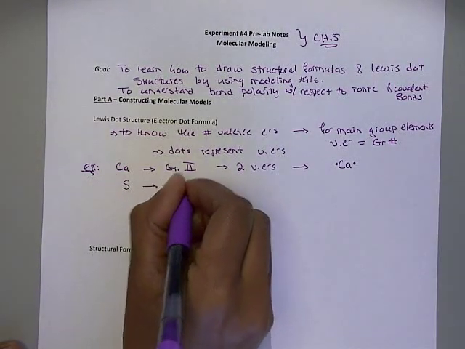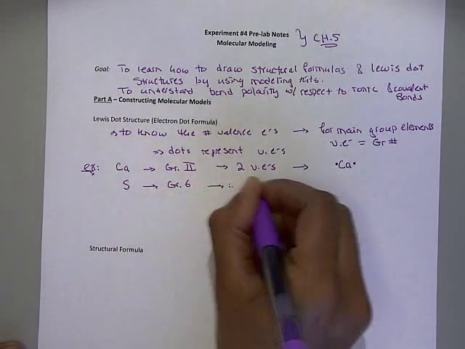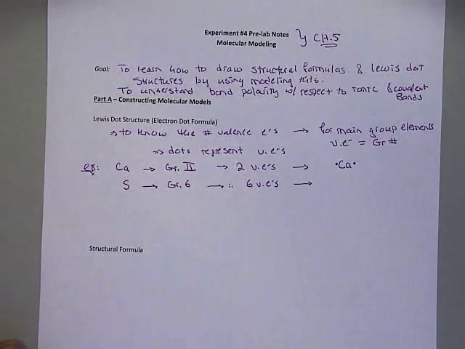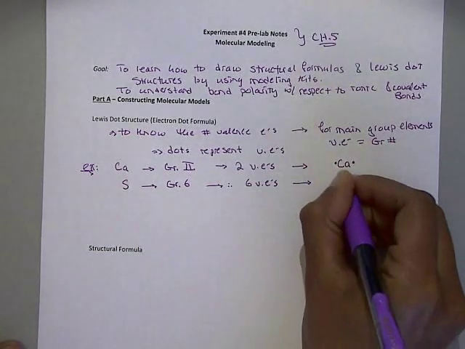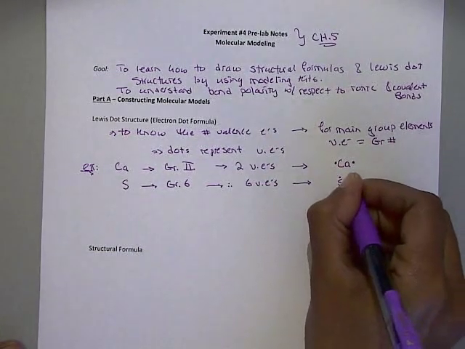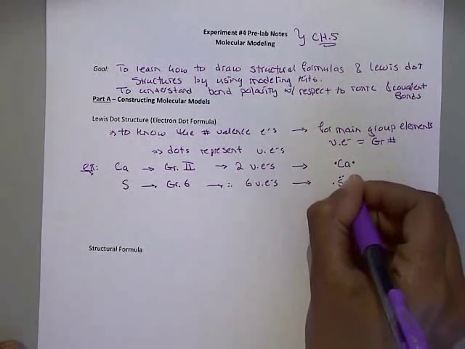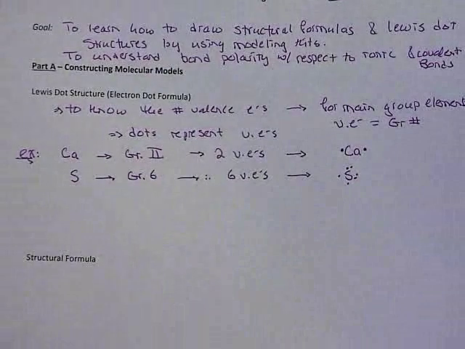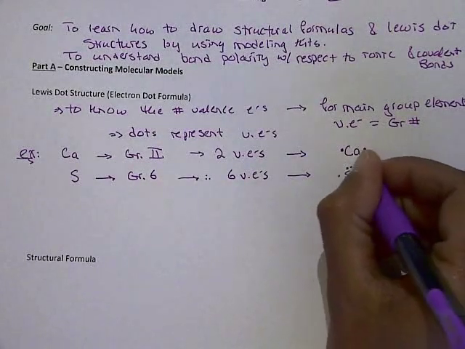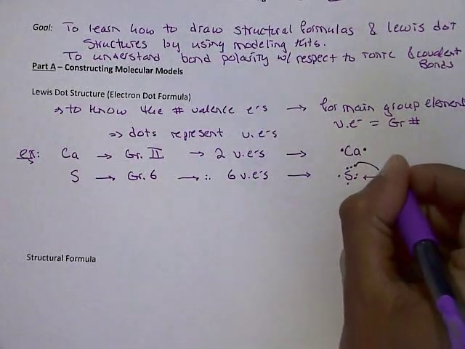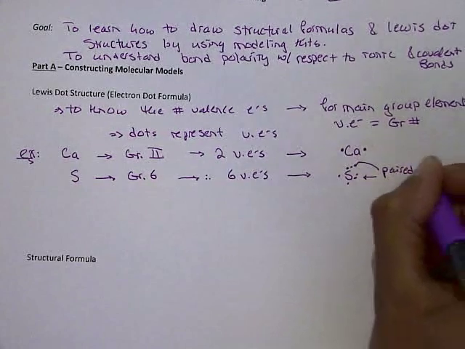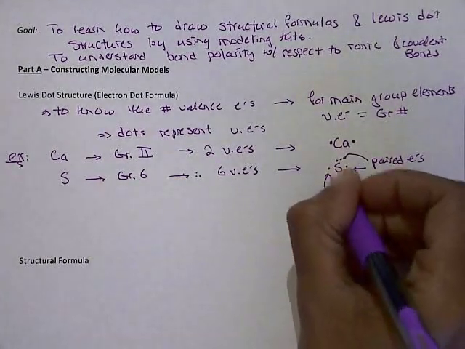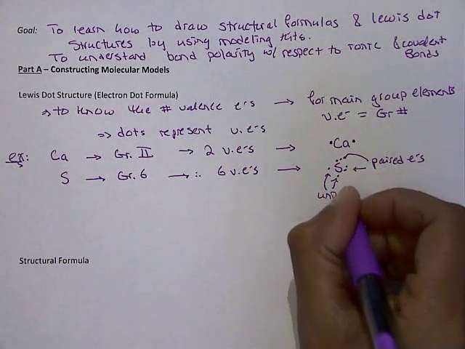Sulfur is in group 6, so therefore it has 6 valence electrons. So when we write the Lewis dot notation for sulfur, we have 1, 2, 3, 4, 5, 6. So now notice it's a little bit different than what you have for calcium. So these 2 here are what we called paired electrons. And then these 2 are what we call unpaired